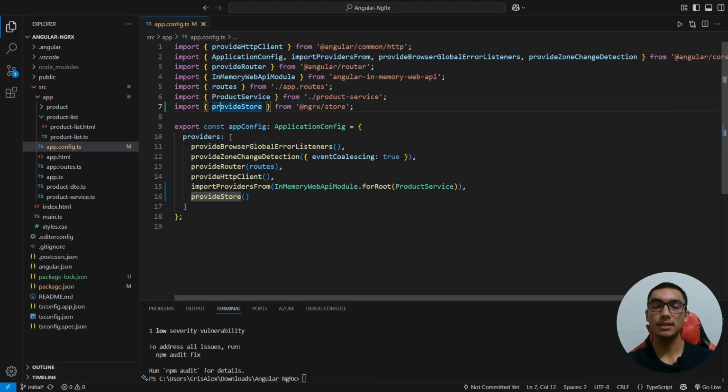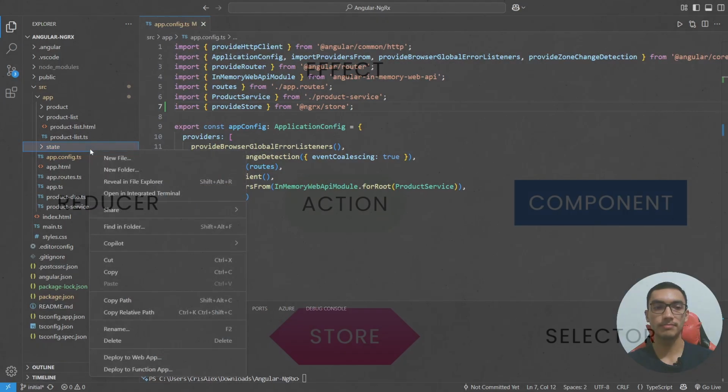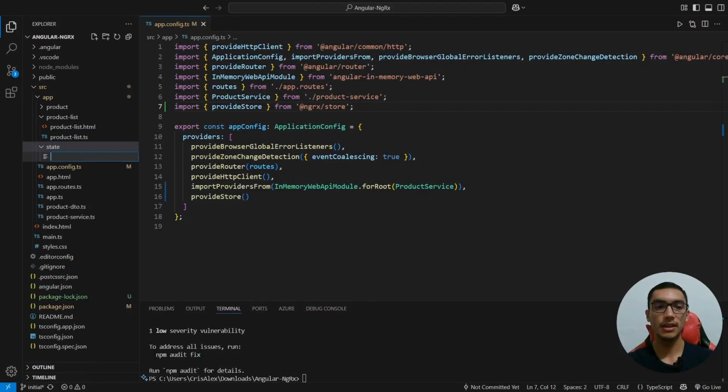We'll handle the state of application by using features. So from the product feature, we'll create a new folder called state. The first NgRx component is the action. Actions are events. We dispatch an event from the component. So create a new file called